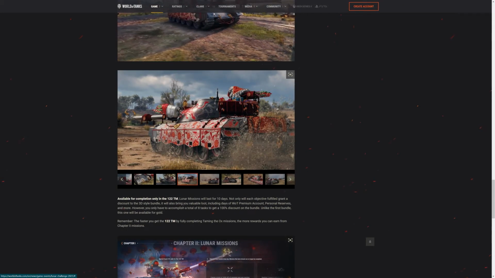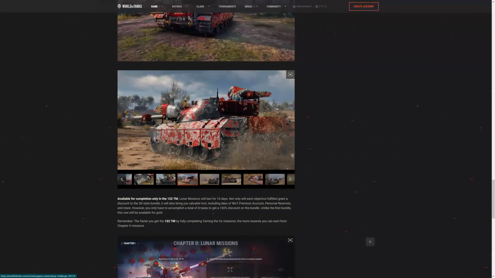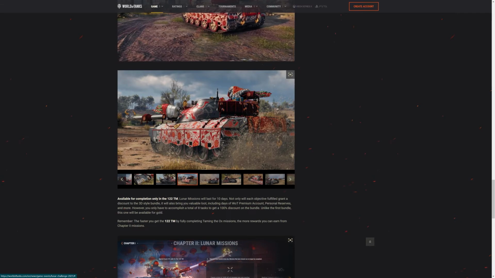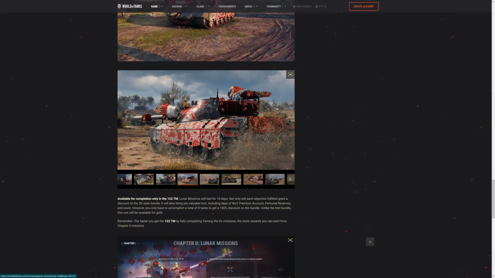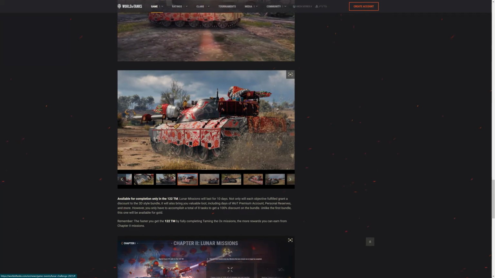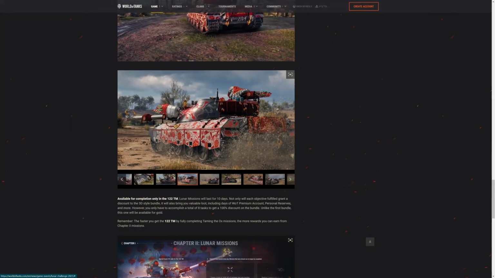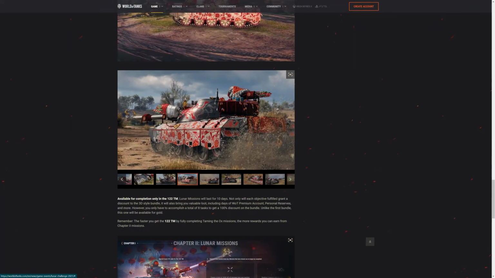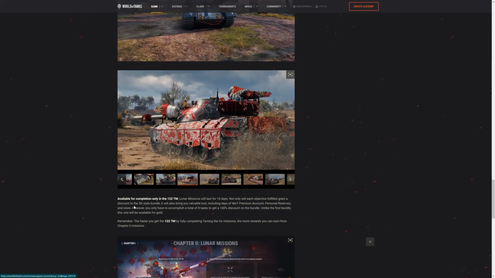Not only will each objective fulfilled grant a discount to the 3D style bundle, it will also bring you valuable loot, including Days of World of Tanks Premium, personal reserves, and more. However, you only have to accomplish a total of 8 tasks to get a 100% discount on the bundle. Unlike the first bundle, this one will be available for gold. Remember, the faster you get the 122 TM by completing the mission, the more rewards you can earn